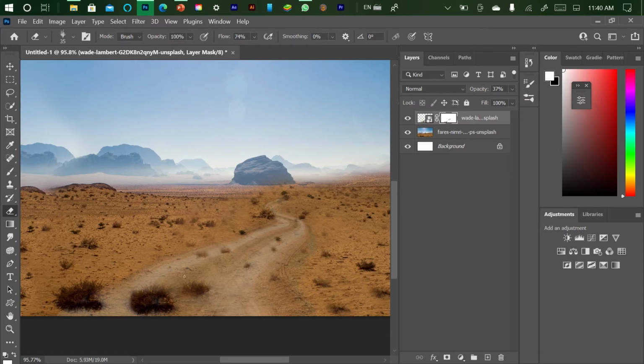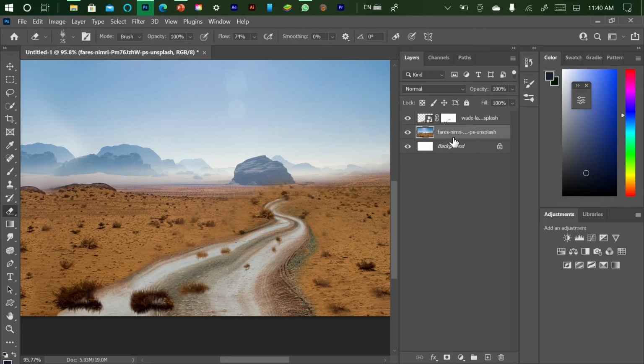Just paint here. Now press X to toggle between the white and the foreground color. Yeah. Now full opacity. Yeah. Now we have to create the shadows made by these glasses. Pretty easy step. Go to this layer,